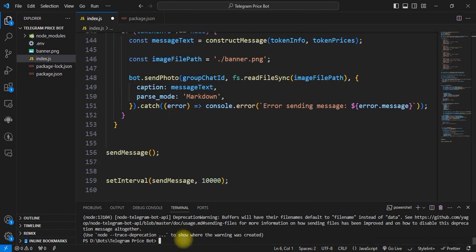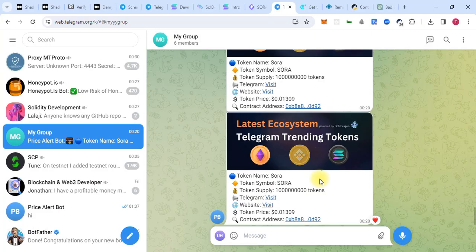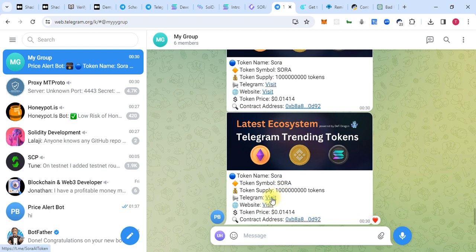Okay, so if we run this bot, I have to run the command node index.js. Okay, as you can see, it is now posting the updated price every 10 seconds. So if we click here, this is the Sora AI token and the website is